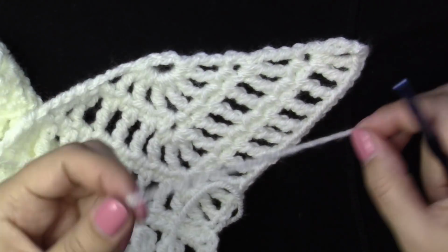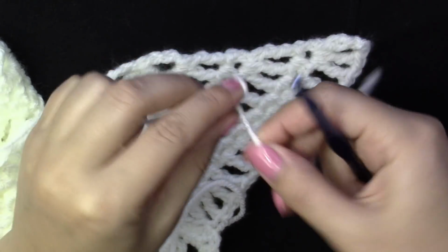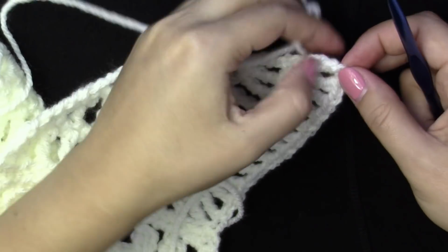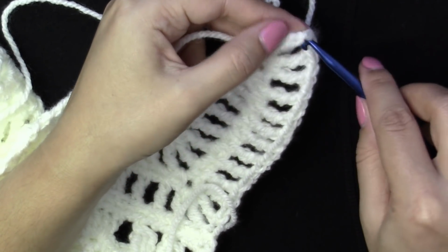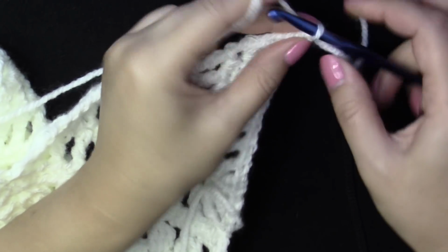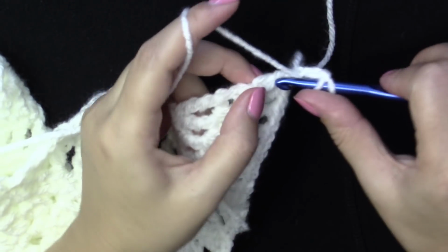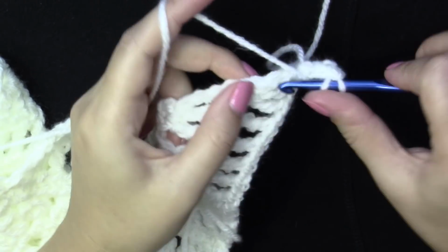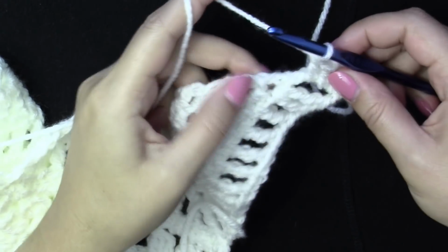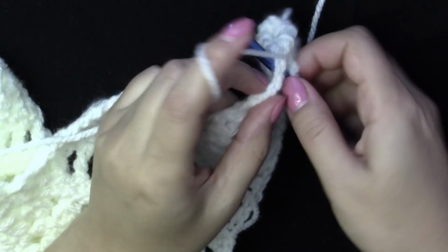And I think all I'm gonna do is just add double crochets. Leave a longer tail because I will put a fringe here, and I will join into the corner, pull, and chain 3. So I'll put 1, 2, 3 double crochets here, then one into the chain 1 space,